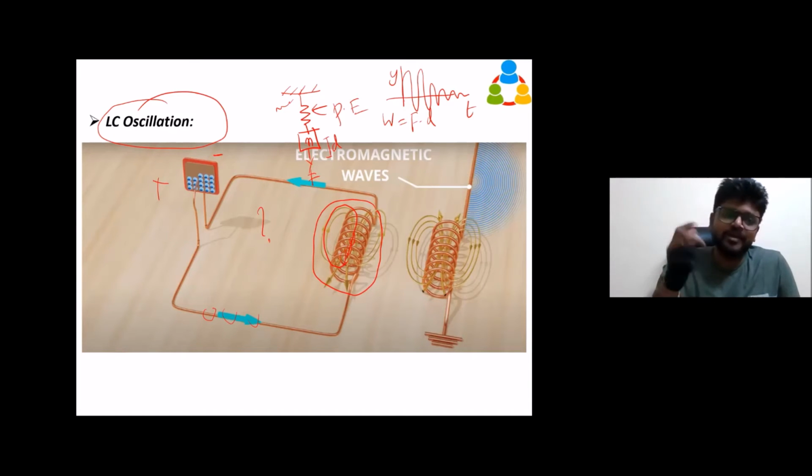When you're rotating the magnet, what will happen? The magnetic flux linked with the coil changes continuously. When it changes, it will induce the electromotive force, nothing but the voltage, inside the coil. So there will be a potential difference and current starts to flow. So our mechanical work has been converted into electricity with the help of the magnet. The magnet is not doing any work.